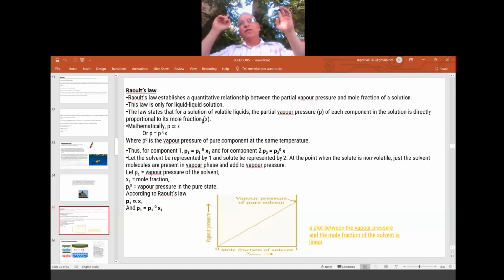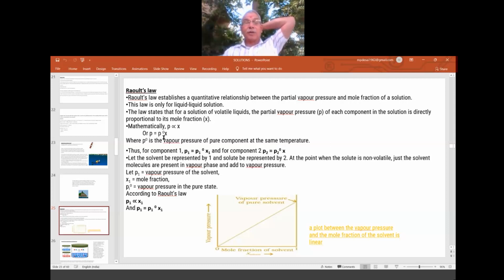There it is gas in the liquid. Here it is liquid in the liquid. The only thing is the constants are different. When the constants are similar, Henry's law becomes Raoult's law, and Raoult's law becomes Henry's law. So P is proportional to X, that is the mole fraction. By removing the proportionality sign, it becomes P naught.